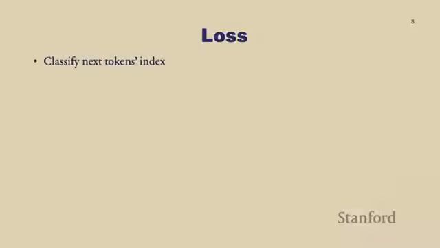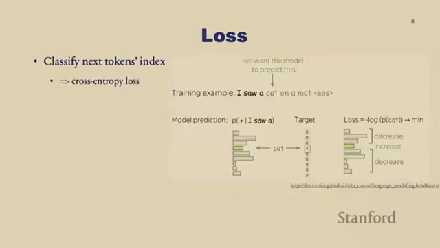And the loss that you use is essentially a task of classifying the next token. So it's a very simple kind of machine learning task. So you use the cross-entropy loss, where you look at the actual target that happened, which is a target distribution, which is a one-hot encoding, which here in this case says, I saw the real word that happened is cat. So that's a one-hot